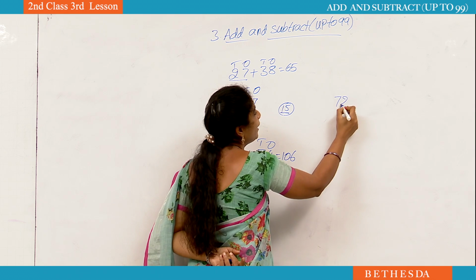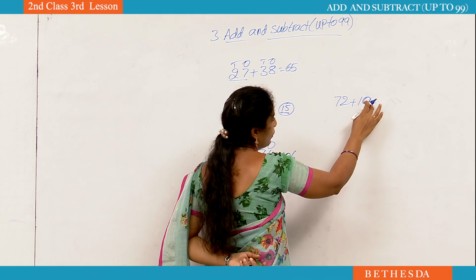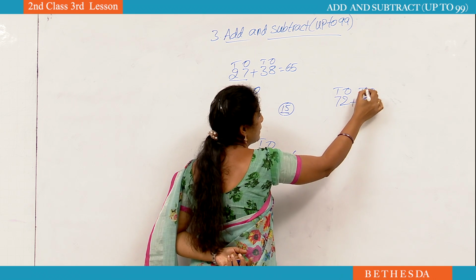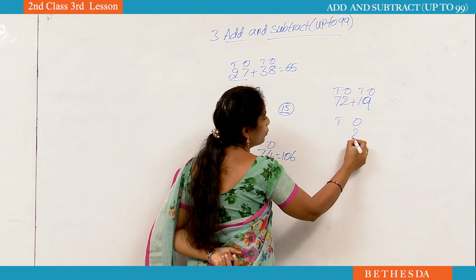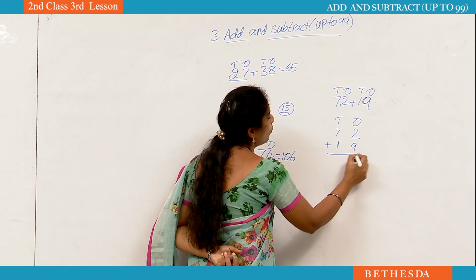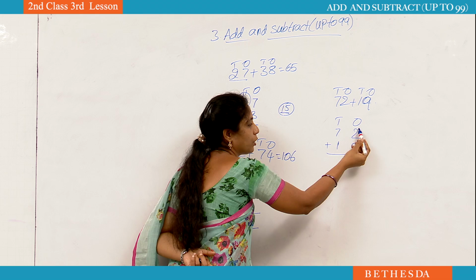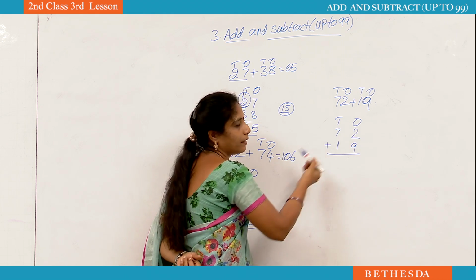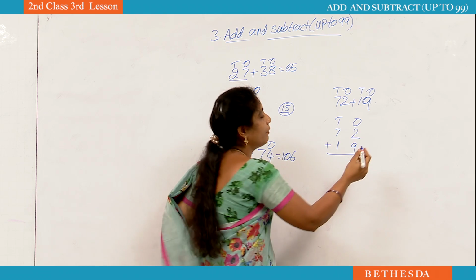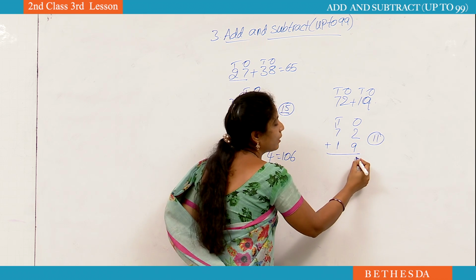I will teach one more sum. Listen carefully. 72 plus 19. Write place values: ones, tens. Ones place number is 2. Tens place number is 7. Ones place number is 9. Tens place number is 1. Now we have to add these two numbers. While we are doing addition, we have to start from the ones place. 2 plus 9. 9 is in my mind, 2 is in my hand. 9 after 10, 11. In 11, how many digits do we have? 2. Then what should we do? One is up, another one is down.